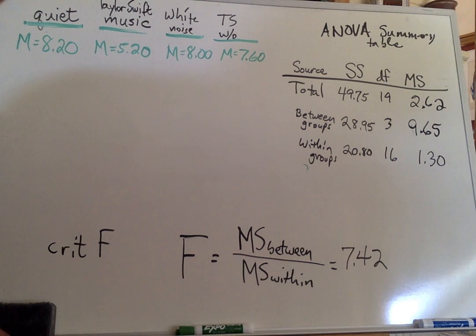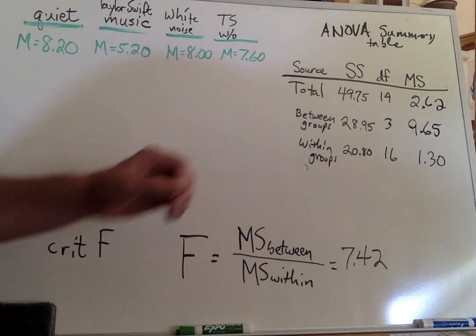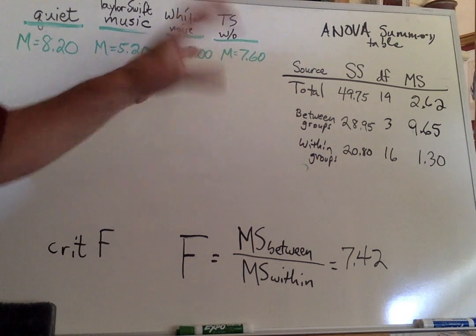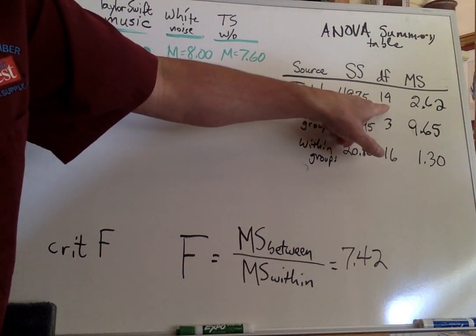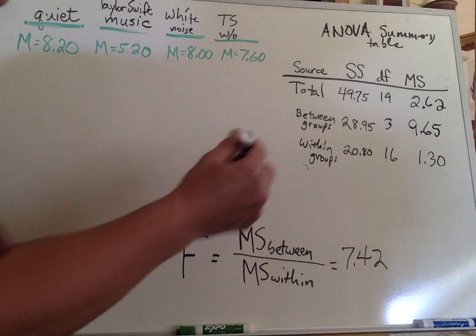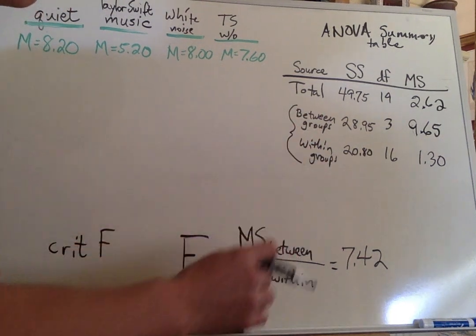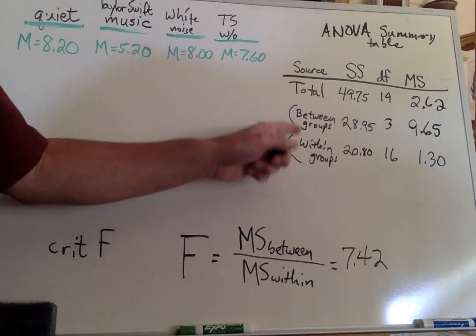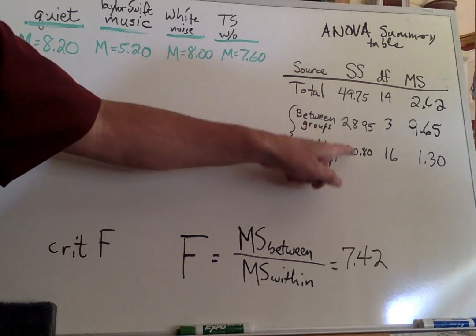Once the computations are done, a computer will do the computations. It's still sort of crucial that you know what these values are. So this is the total variability for the group. That's all 20 numbers from our data set. And we got a sum of squares with associated degrees of freedom. And like I mentioned in the last video, these two sources, the source of the variability, these two make up the total, and they are orthogonal, so this plus this